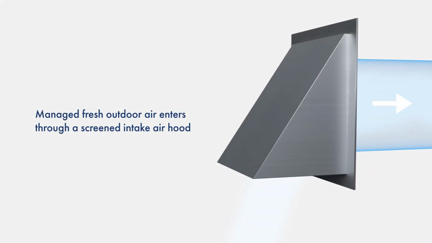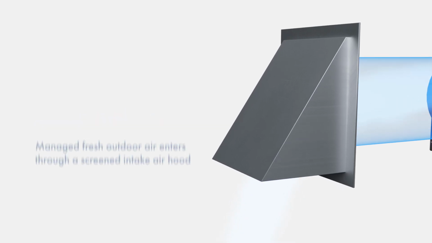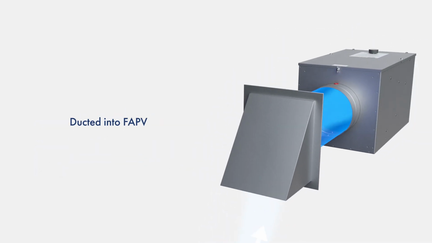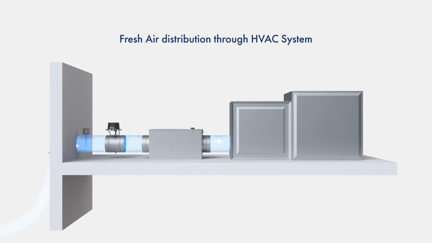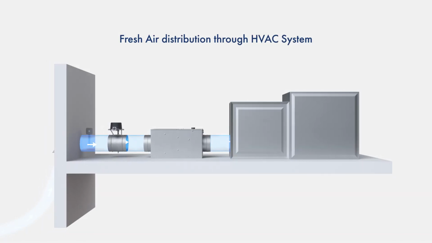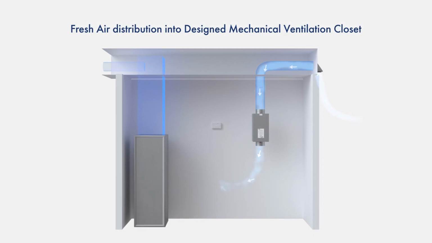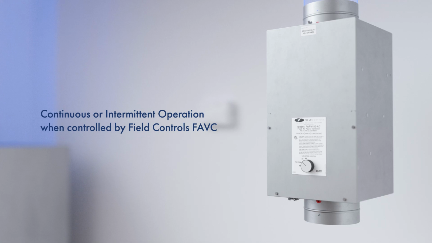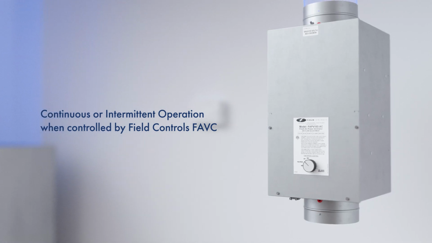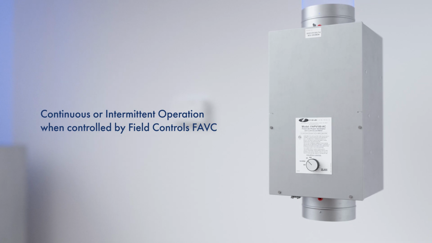Managed fresh outdoor air enters through a screened intake air hood that's ducted into the Fresh Air Power Ventilator. The fresh air is distributed by the FAPV into the HVAC ducted return air system, or into a designed mechanical ventilation closet. The Field Controls Fresh Air Power Ventilator can be operated continuously or intermittently with enthalpy when controlled by